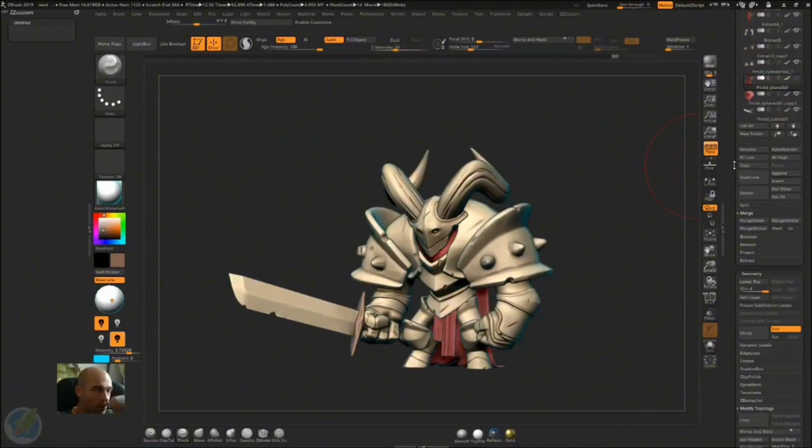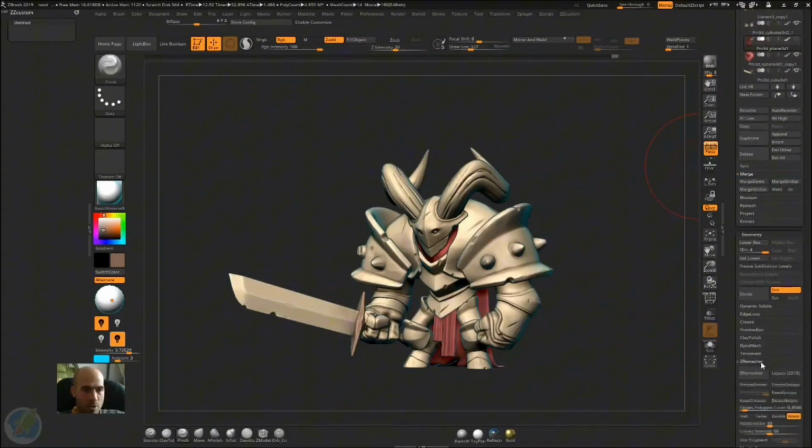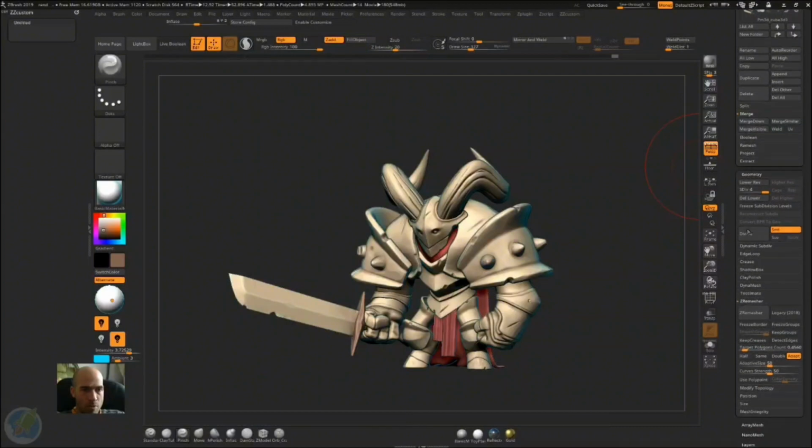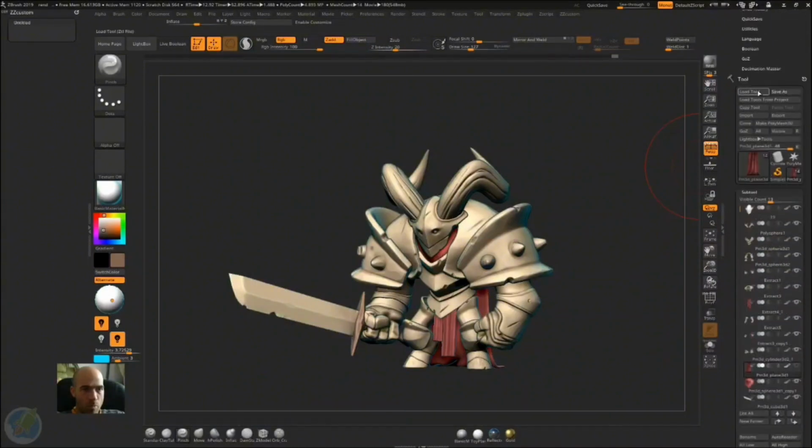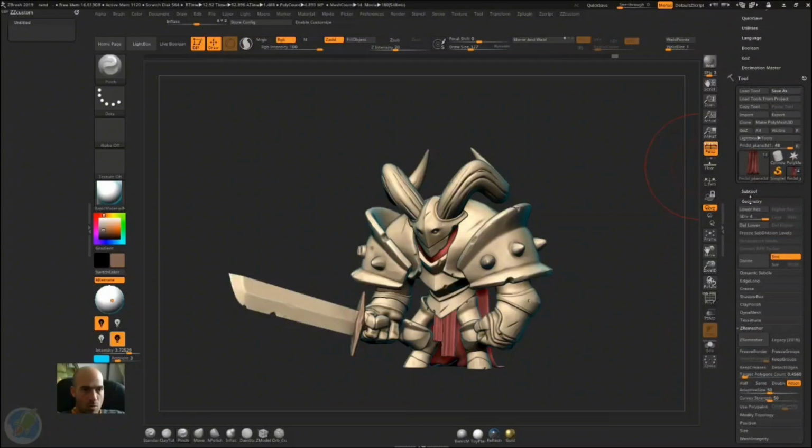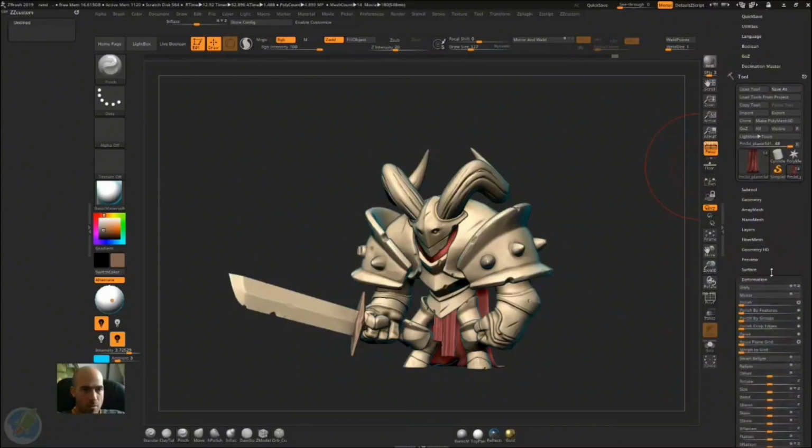Let's go to our geometry tab and find ZRemesher. ZRemesher is here on geometry, which is under the tool menu. Let's close this, geometry, deformation. So, tool, have this always open. Then you have subtool, geometry and stuff. Subtool and geometry are the most important. Everything else is not that important. So geometry,